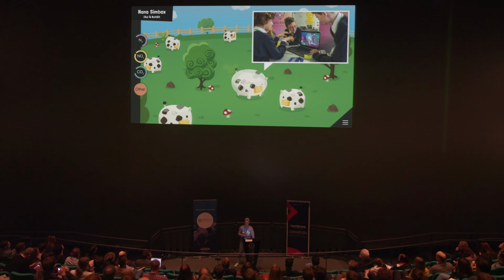So the aim is to discover greenhouse gases in the world, and in this scene, you wait for the cow to start filling with gas, and it gets bigger and bigger and it starts shaking like that, and then you tap them to relieve their symptoms, and it makes them either burp or fart. And then tapping the gas bubbles will take you into the NanoSymbox experience, which you can see the kids playing with there, and allows them to play with the fart particles, or farticles.